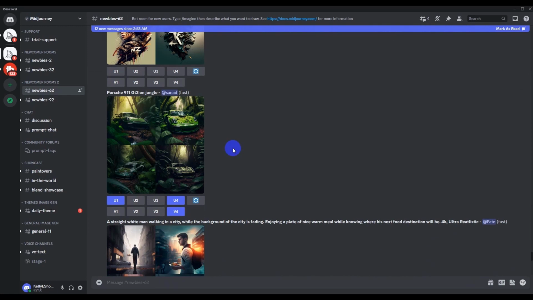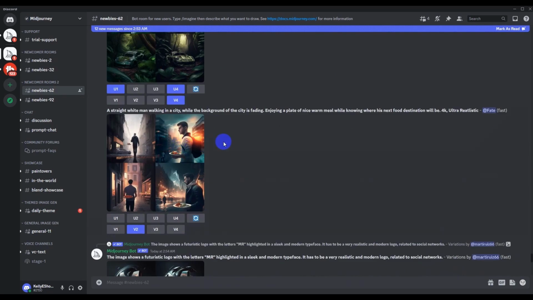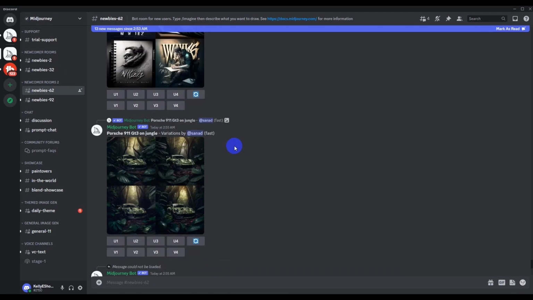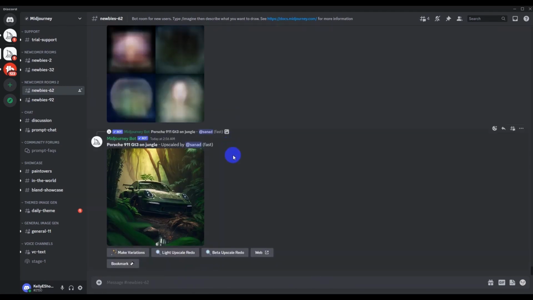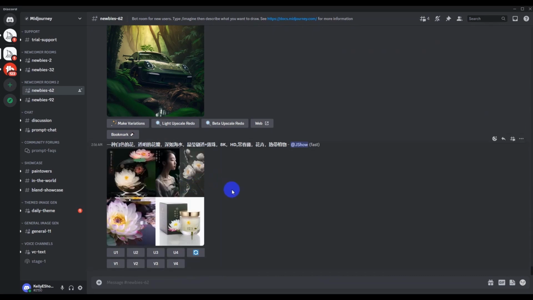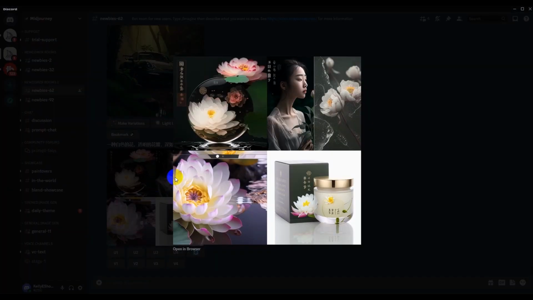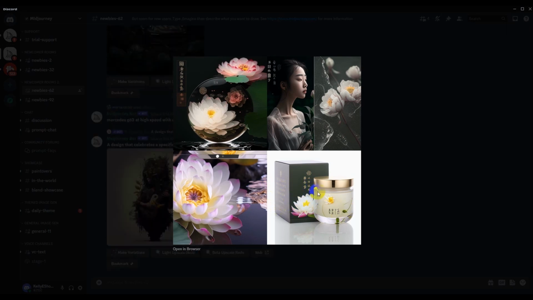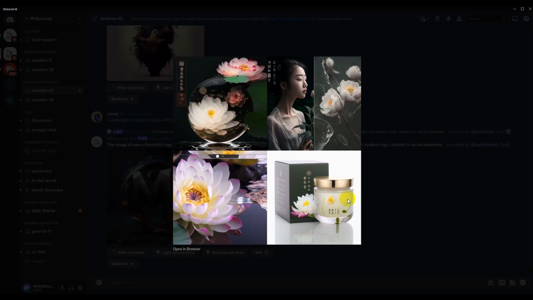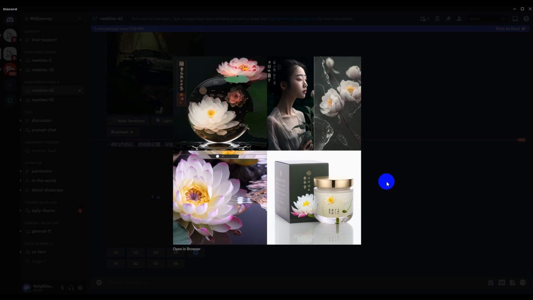So as you can see, this is what people are doing. It's great art. Back in the days, like I said, people were making such images in Photoshop and other programs. This one, as you can see, you can create something for your products. Just give a clear description.